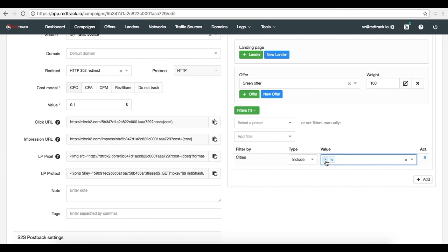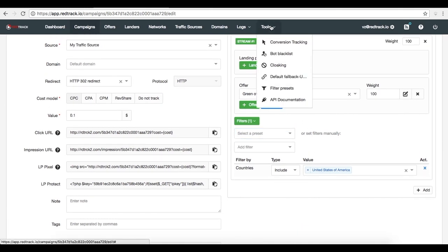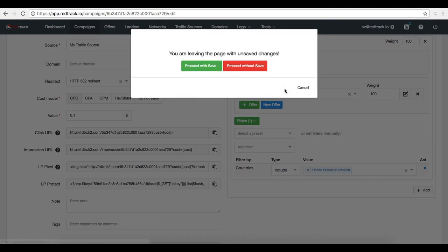Please be careful with those values, because if there is no such data, we'll have nowhere to send the traffic to and the click will be lost. Now, what we have also done, in order to save you time, is create filter presets like this one. So we have a preset filter which you can apply immediately with one click and reuse across all your campaigns. In order to create a filter preset, you go to Tools, Filter Presets,